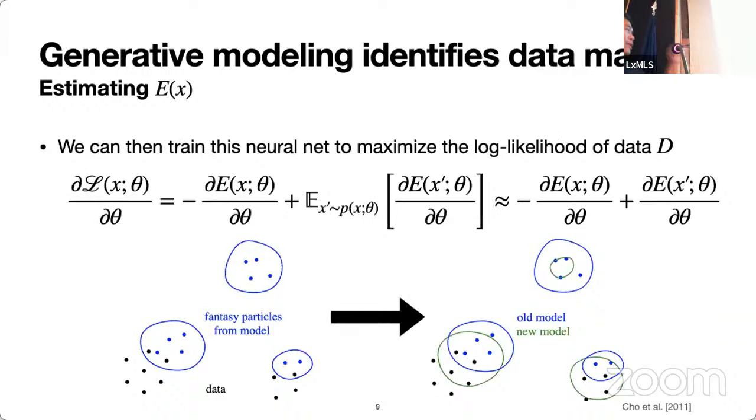So this is an illustration of what happens. You can imagine that the data points correspond to the black dots on the left side of the panel. And then the blue dots are the ones that are probable under our model. What we do is try to lower the probabilities of all those blue dots while trying to increase the probabilities of the black dots, so that we end up with this kind of, let's say, greenish contour.